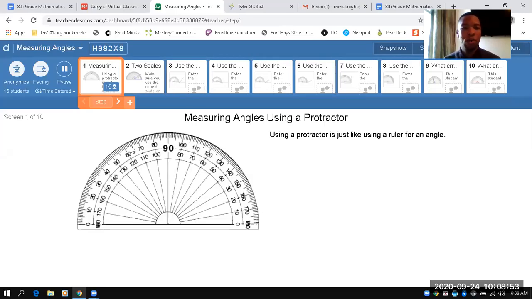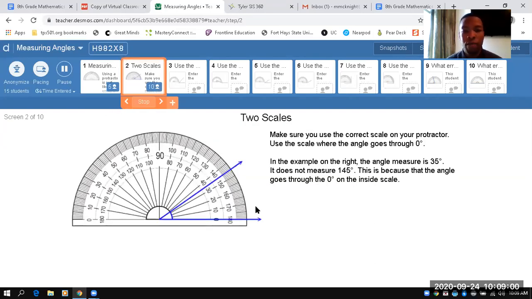We're looking at a protractor and how we use it to measure an angle. Let's move over to here, and it shows that you want to make sure you use the correct scale on your protractor. Use the scale where the angle goes through 0. This bottom blue line goes through the 0 mark. There's a 0 on the inside. It goes through the 0 mark, and then the point of the angle is at the point of this protractor